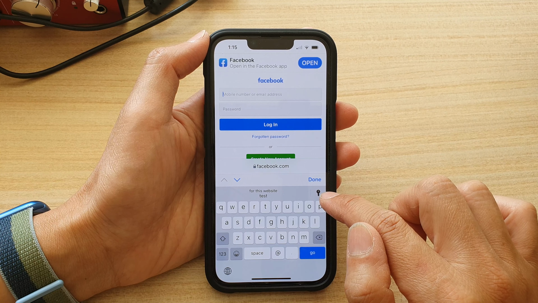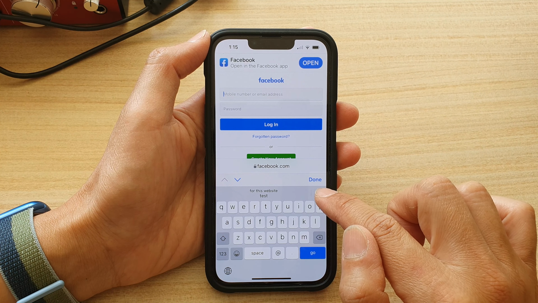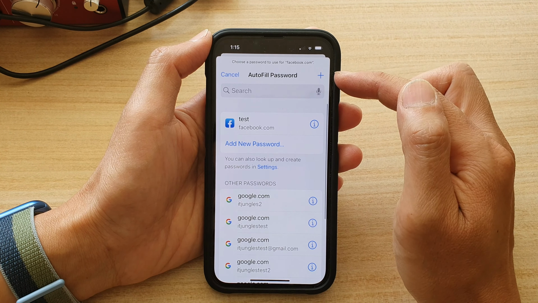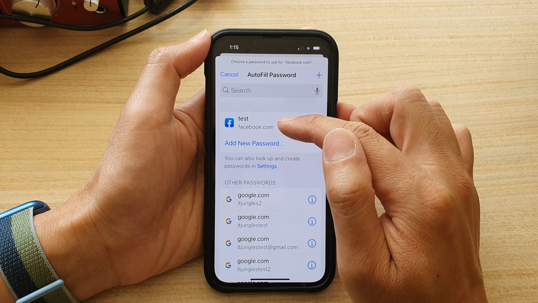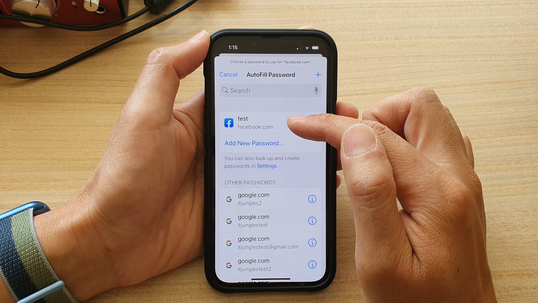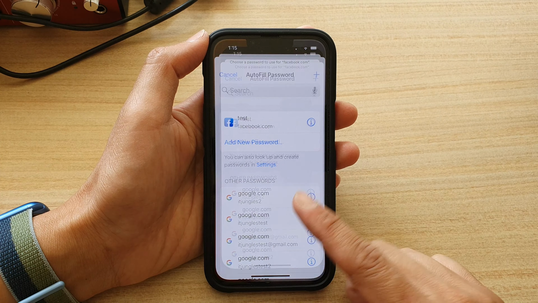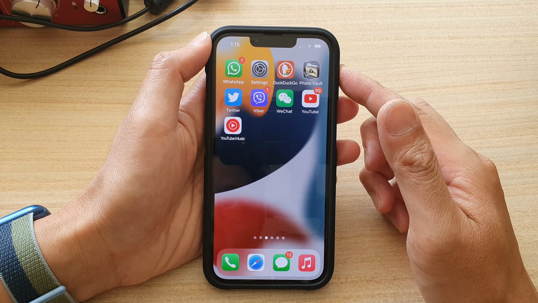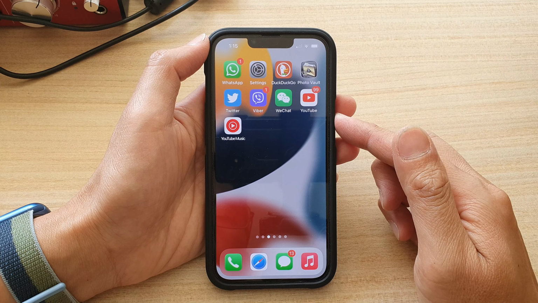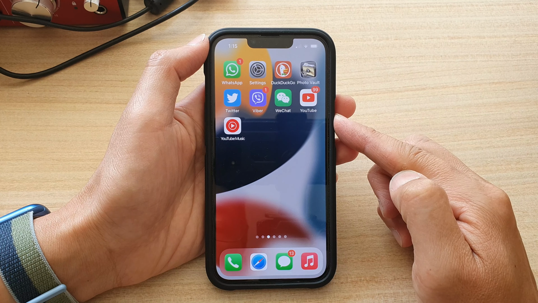If I tap on the key icon right here, the key symbol, it will bring me to my autofill password. And you can see in here, I only have one record for that website. And that's it. That's how you can delete a safe username and password for apps or websites on the iPhone